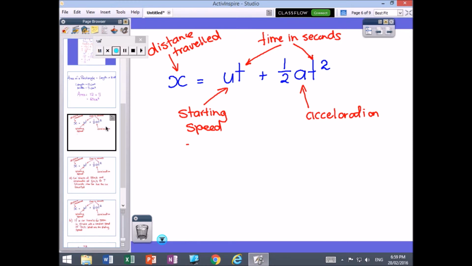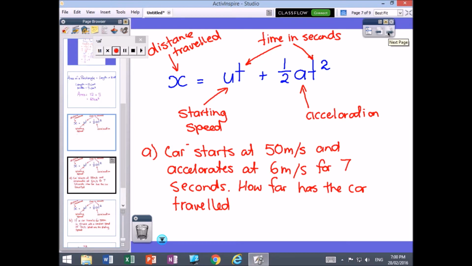So we can actually measure the distance something travels based on what their starting speed is, what their acceleration is, and how long they're accelerating for. So this is a practical example of how we can use substitution. So I'll highlight. A car starts